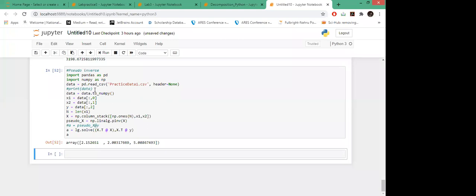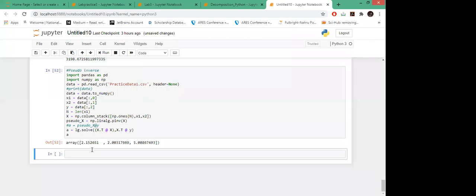If you have d1, d2, d3 on the diagonal, then take 1 by d1, 1 by d2, and so on. That is your sigma inverse matrix, and then V times sigma inverse times U transpose will be the pseudo inverse of your system in the form of SVD.